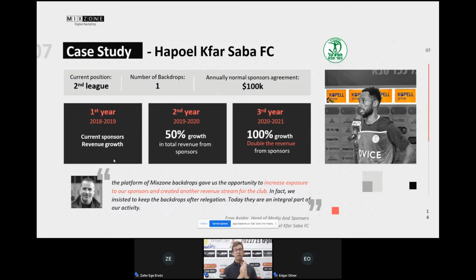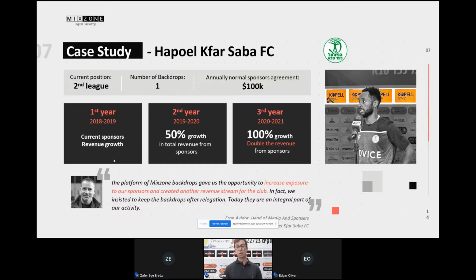First year, they managed to put all the sponsors on the digital part. The sponsors really got the exposure, and obviously their revenue grew a lot. Second year, the club managed to sell more space, but also to sell it at a better price. So they increased their revenue from the second year. And on the third year, until now, these backdrops in Israel are a visual standard.